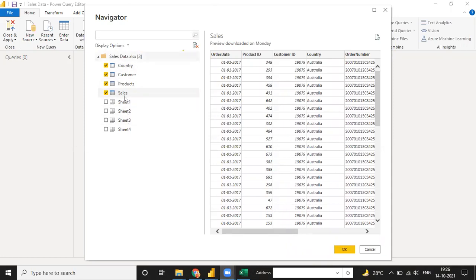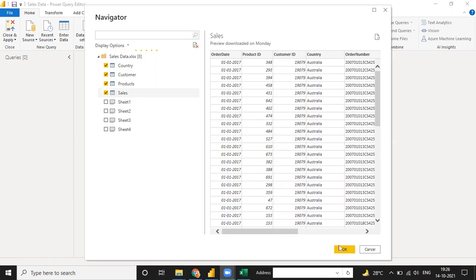Because this question will be valid for your DA-100 exam as well as an interview question. Suppose in the Excel sheet we have a particular table as well as a sheet, so what is the preference to select? The main preference is to select the table only instead of the sheet, because the sheet contains more data, whether blank or not blank, but the table contains only the selected data you have.